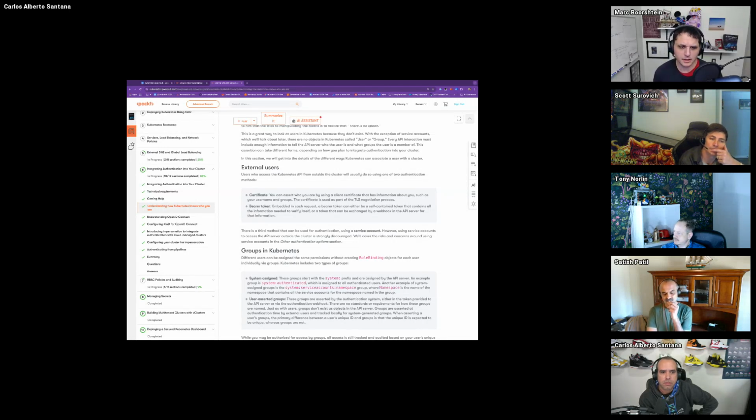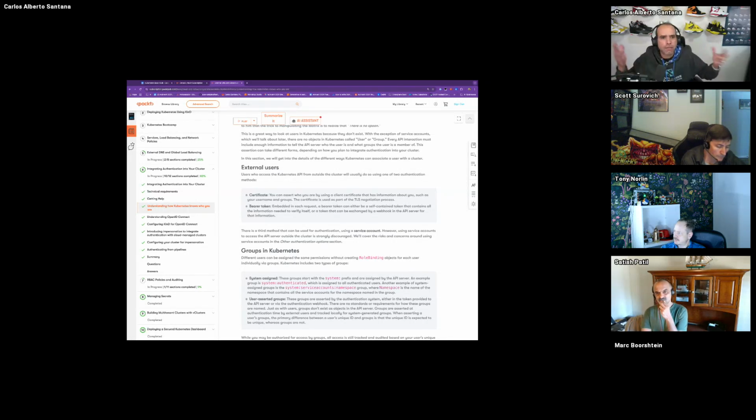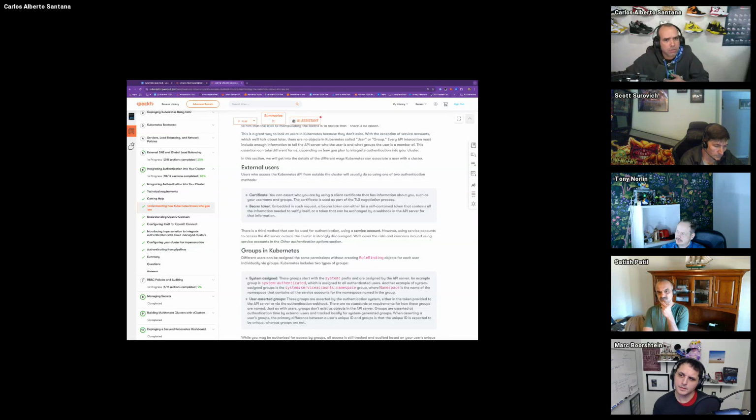But the thing is, I meant that you can have an API server that will handle it if the request comes with bearer tokens, or if the request comes with a certificate. I think for the most part, in practice it works with both, because of different use cases. Yes, absolutely.